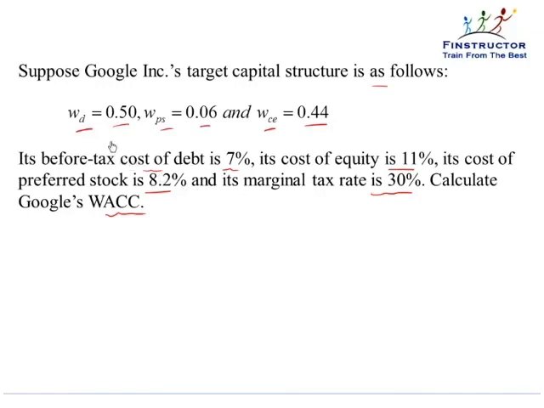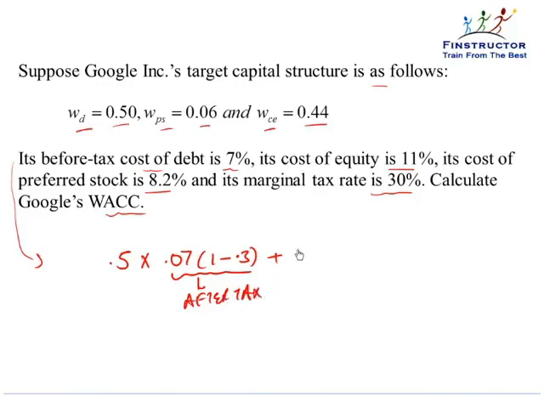So let's apply the formula straight up, and then we will see the theory in a little more detail. So the weighted average cost of capital will be the weight of debt into the cost of debt. Please note we need the after-tax cost. The before-tax cost is 7% into 1 minus the tax rate. This will be the after-tax cost,